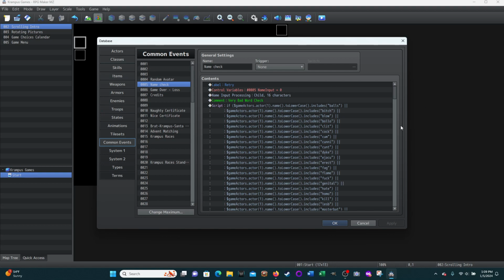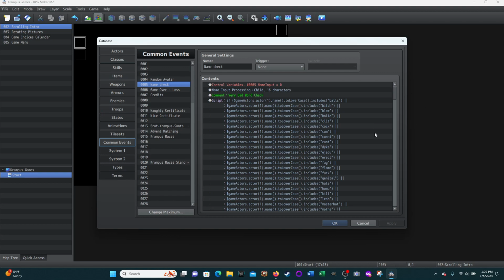Okay. Now, I should have warned you ahead of time, there's a bunch of bad words on this screen. This is probably one of the only times you're going to see a bunch of very, very bad words in a computer program. So this is name input processing, and this is basically allowing the player to change the name